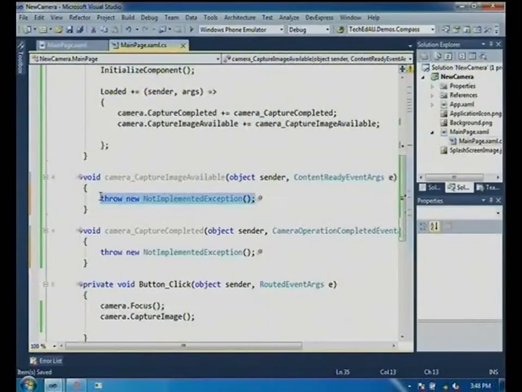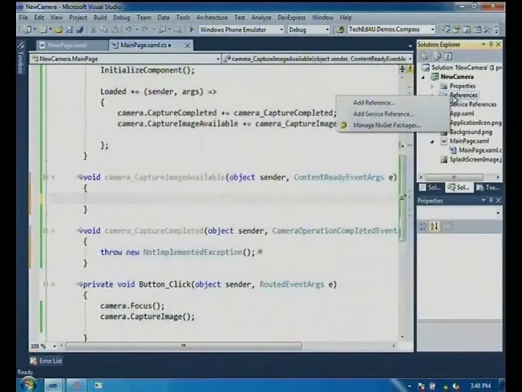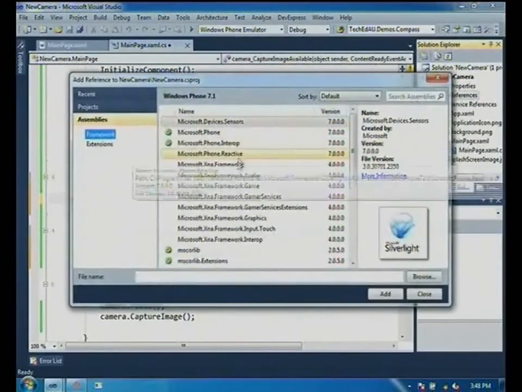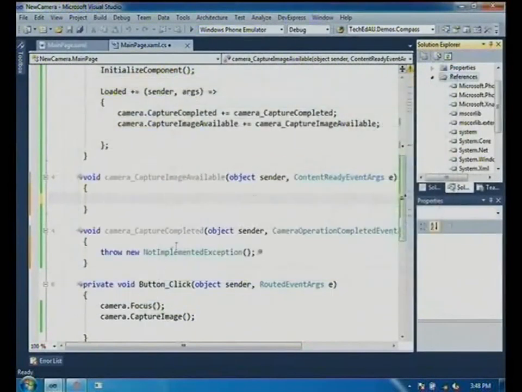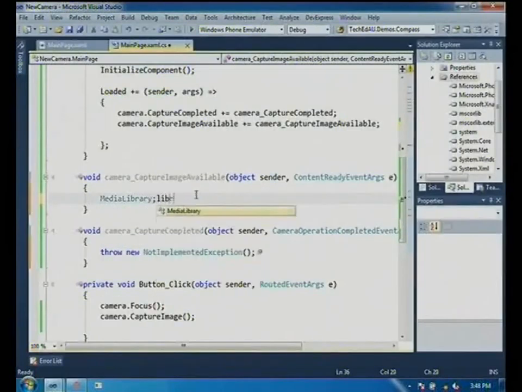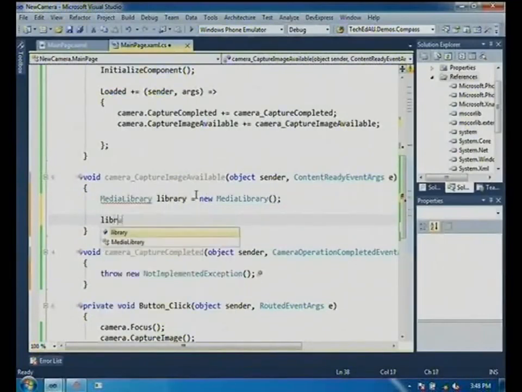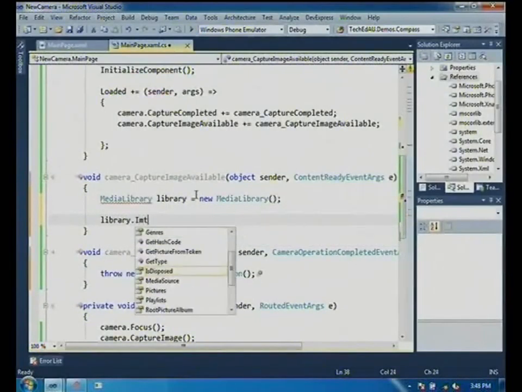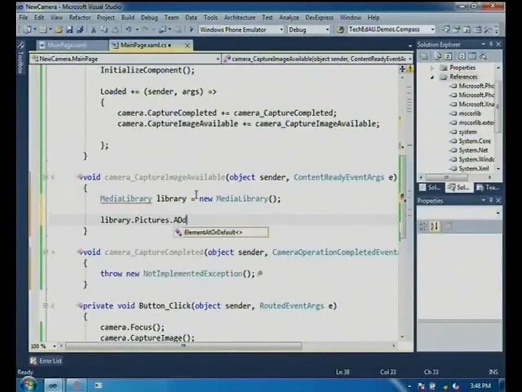Right, so now we've got an image. We've got to do something about it. So in the XNA libraries, you get access to add the image into the media library. Pictures, add.